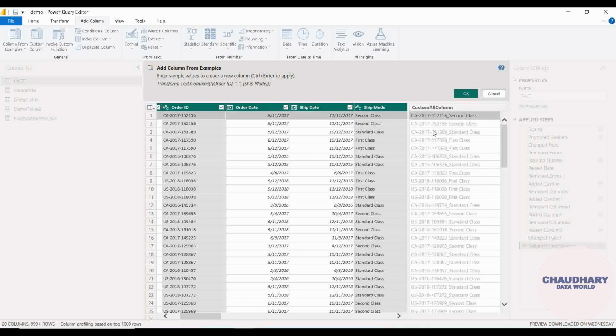On click of it, you can see that we are having all these values here concatenated with this ship mode. It is intelligently picking up this order ID underscore ship mode. So this is one example which will make your life easy, and it will help you in your project if